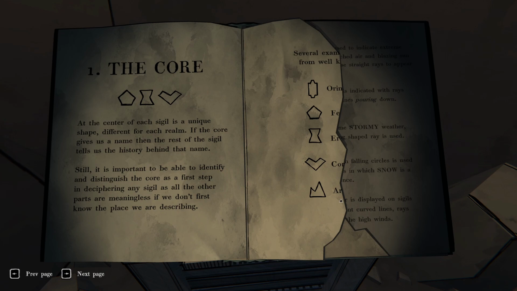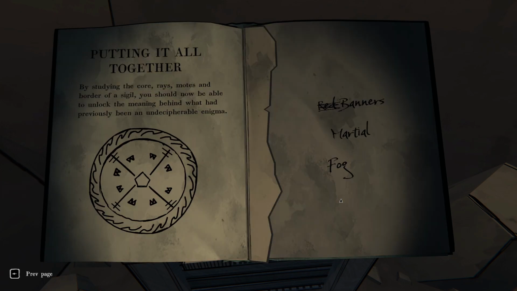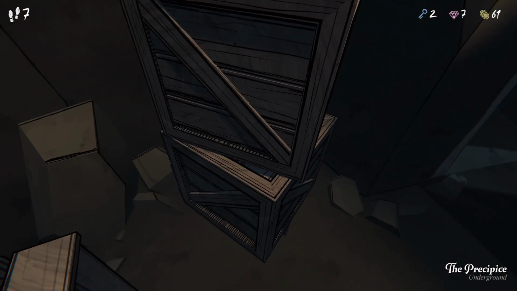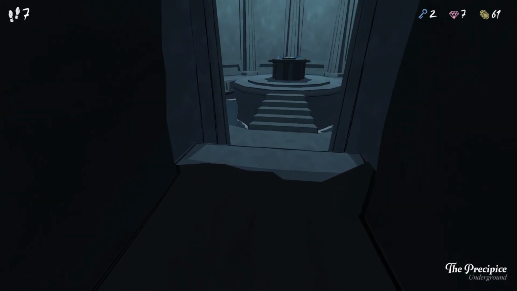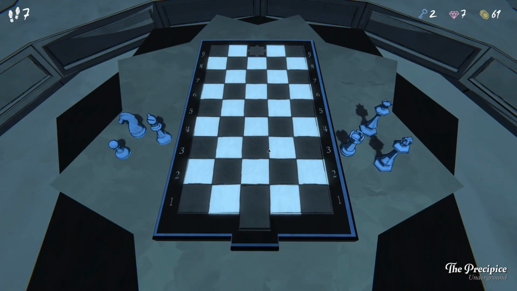And Finn Ares is red, Iraja was purple, Ko is orange, and Arch Ares is yellow. Red banners, Marshall and Fog. Okay. Let's go in here into the chess puzzle. Okay, so that's a rough guess. Hang on. Okay, so